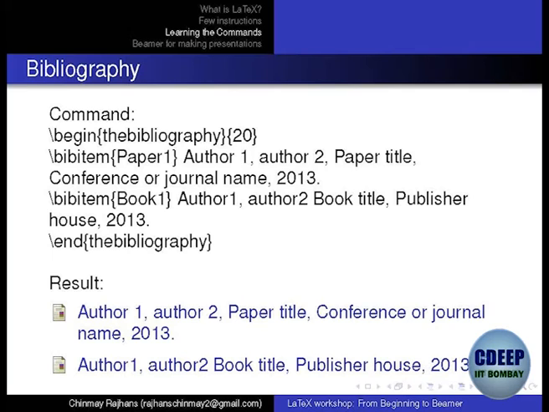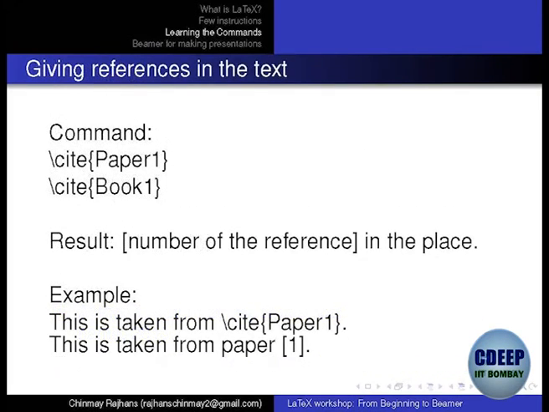So again referencing, right? Right now you don't have to copy this. This you can get on the internet directly. Same commands. So the way we saw ref and label, this works. Instead of label, the command was bibitem followed by the curly bracket and the name, and instead of ref, the command is cite. So when you do cite in your text, that particular order is automatically detected, the first number has to come, and the number will come automatically. Again for this you have to run it 2 times.